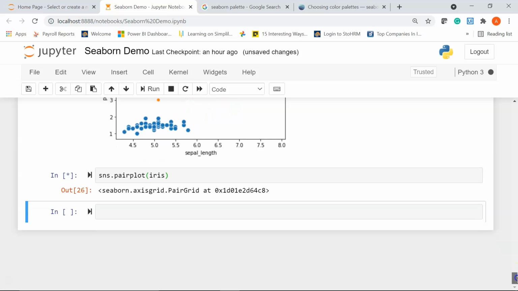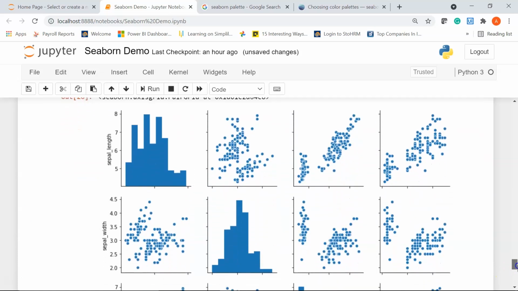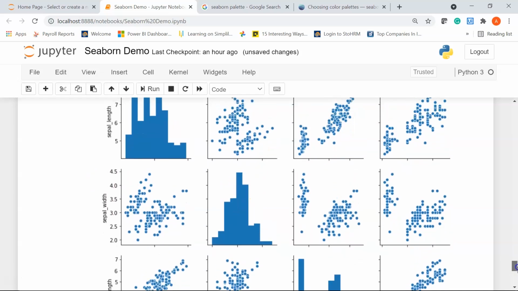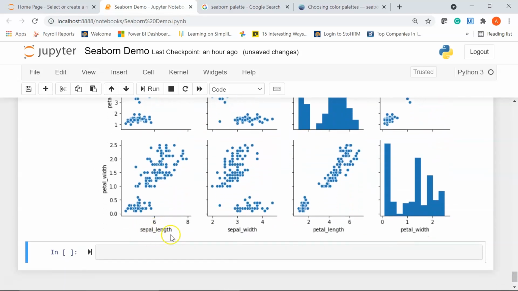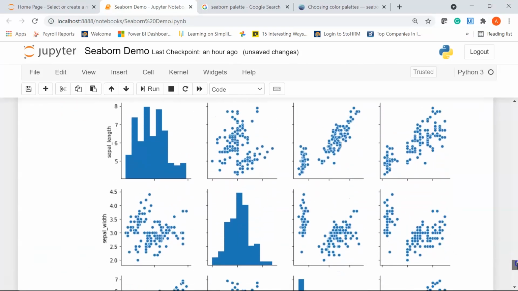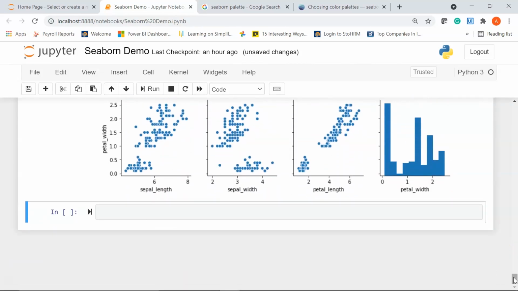This might take some time to create the pair plot, so just wait for a while. There you go. Here you can see we have a nice pair plot. On the y-axis you have the sepal length, sepal width, petal length and petal width. Similarly on the x-axis you also have the same feature columns. All the diagonal plots are histograms and the rest of the plots are scatter plots. Now you can convert the diagonal visuals to KDE or kernel density estimation plots and the rest of the scatter plots using the hue parameter. This makes the pair plot easier to classify each type of flower.